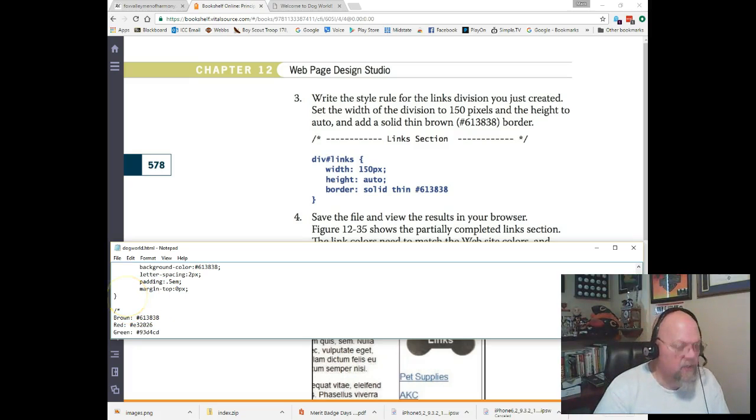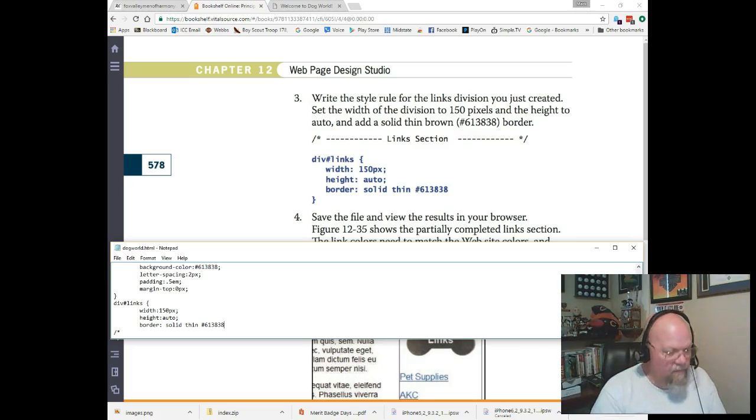So come back up here to my style section, I add a div #, which is an ID, links. We're going to change the width to 150 pixels. We're going to change the height to auto, fit whatever's in there automatically. And a border is a solid, thin line of our favorite color. Save it,